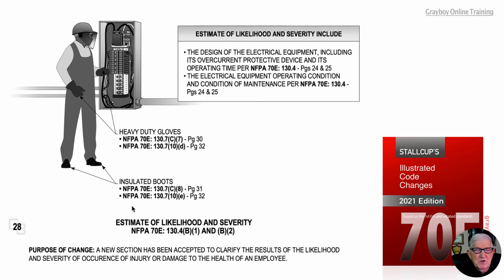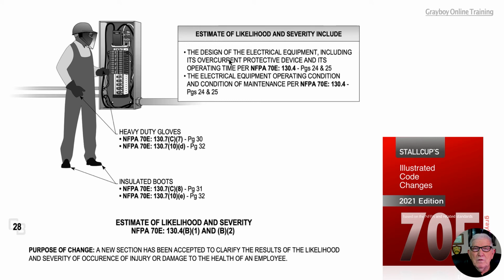The purpose of the change is a new section, and this new section has been accepted, and it basically clarifies the results of the likelihood and severity of occurrences of injury or damage to the health of an employee performing, say, a certain job task. Now, the estimated likelihood and severity basically includes, one, the design of the electrical equipment,